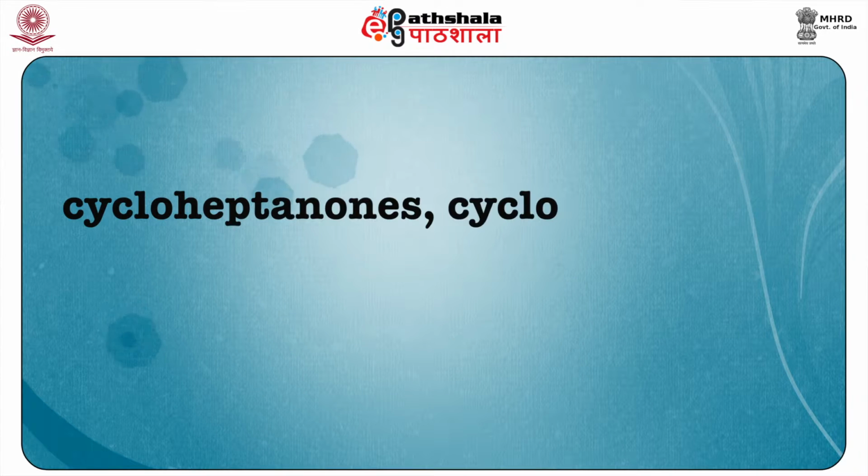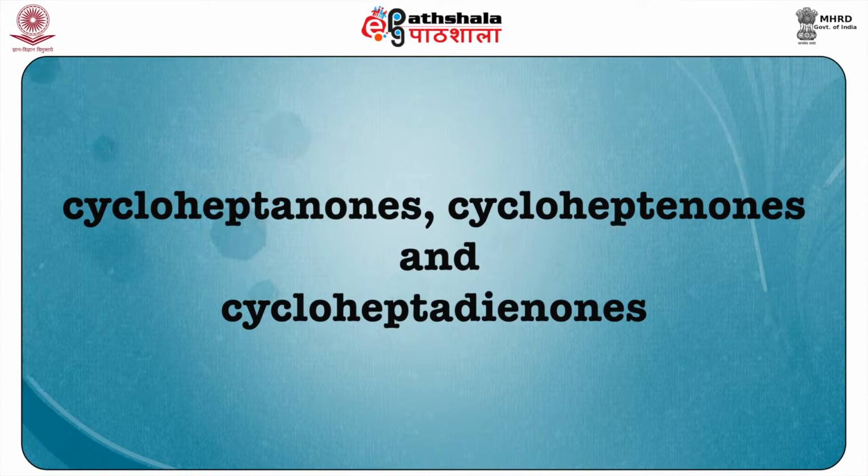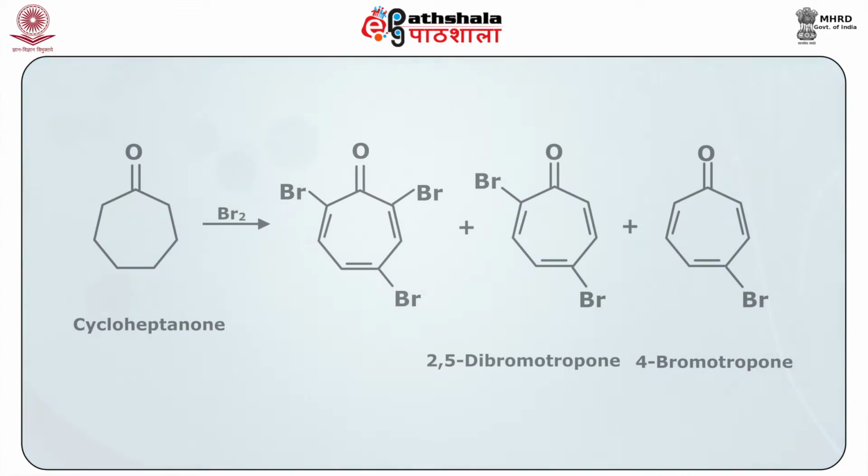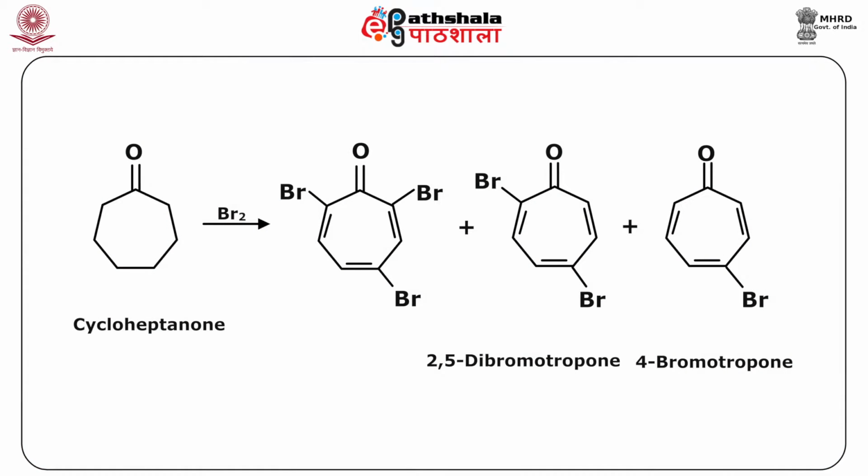tropolone derivative. Another method to prepare these tropolones is from cycloheptanones. Cycloheptanones as well as cycloheptenones and cycloheptadienones, all of them can be used for preparation of tropolones. The bromination of cycloheptanone provides an intermediate tribromocycloheptanone as well as tetrabromocycloheptanone. Both of these intermediates can be isolated, and furthermore their bromination in acetic acid provides